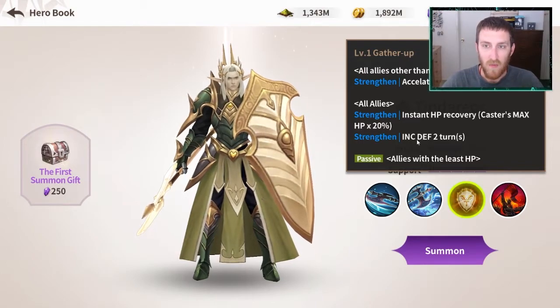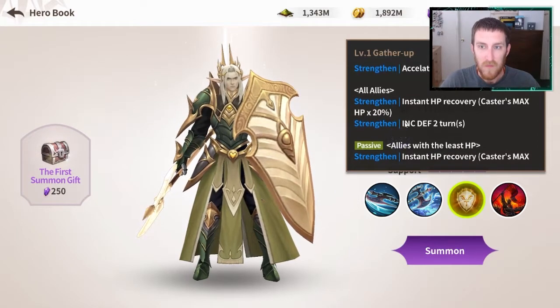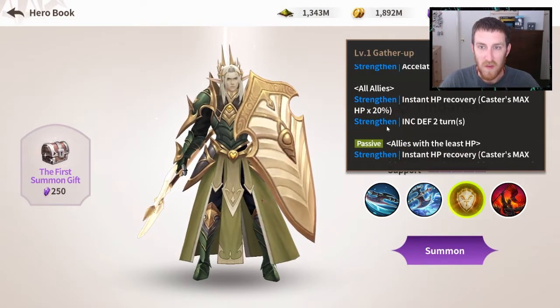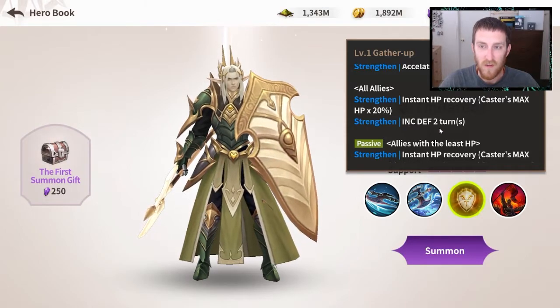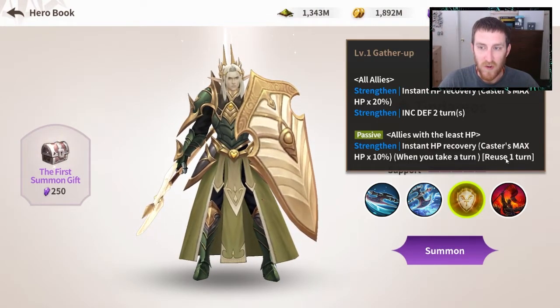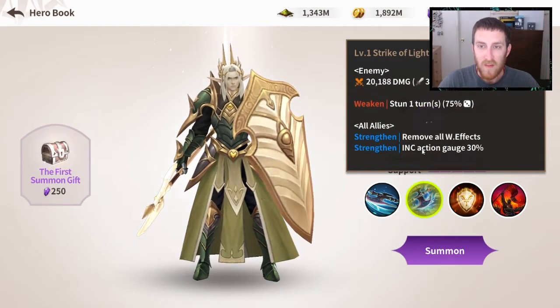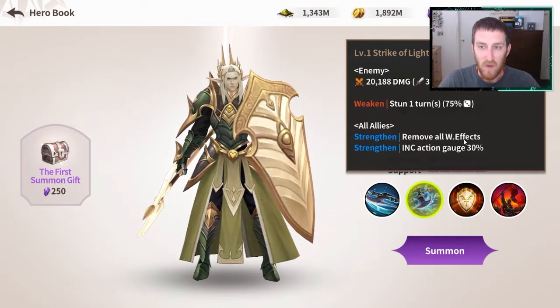So his A3 is his big skill here. Accelerates skill cooldown by 1 turn for all allies other than yourself. Instant HP recovery 20%, which is pretty good. Increased defense for 2 turns on all allies, which is also pretty good. Then he has this passive where on a single turn reuse that heals the lowest HP ally, which is a pretty interesting one. His A2 has a single target stun, as well as in all allies remove all weaken effects